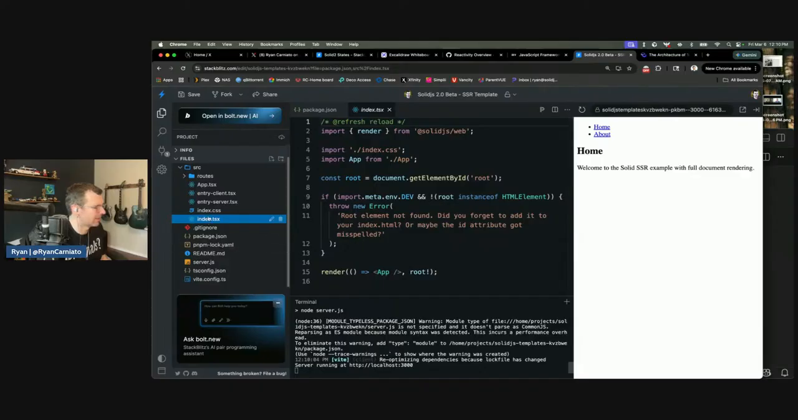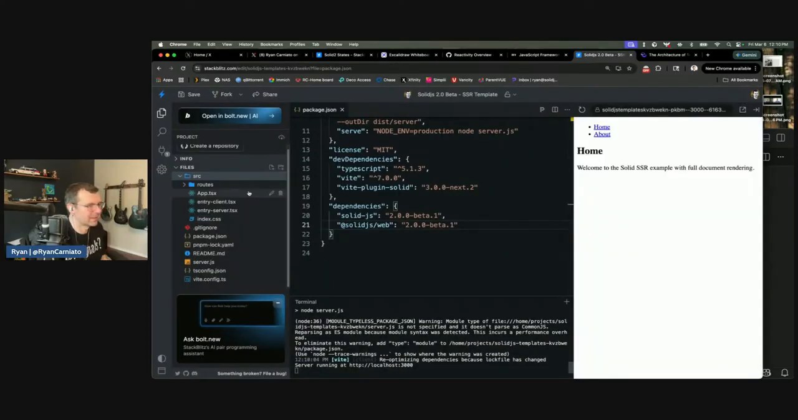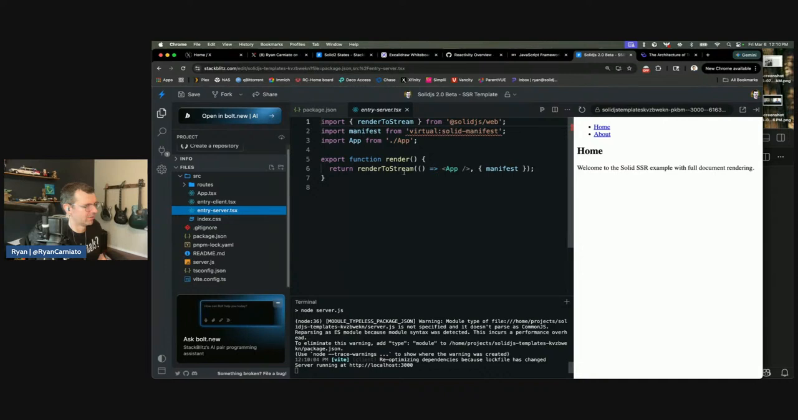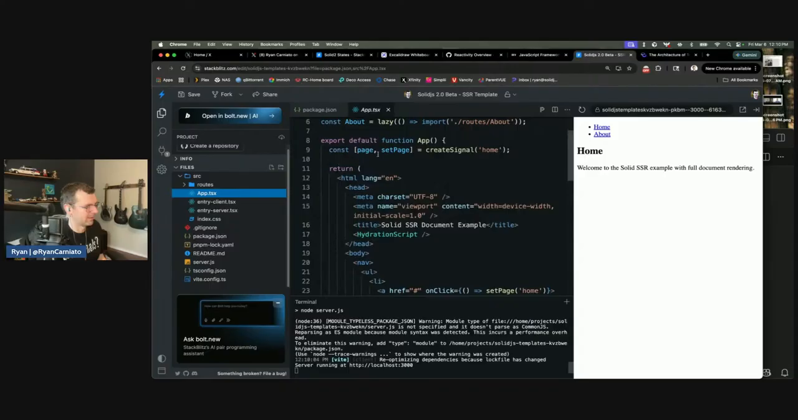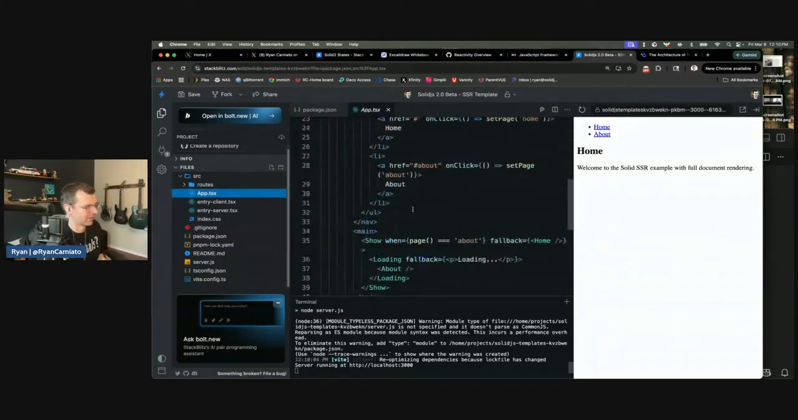Yeah, I think this index is a miss, is actually garbage. Oops. The way I set up this app was entry client calls hydrate on the document, entry server calls render to stream. There's some manifest business here, and then the app is literally just a full HTML, JSX HTML page